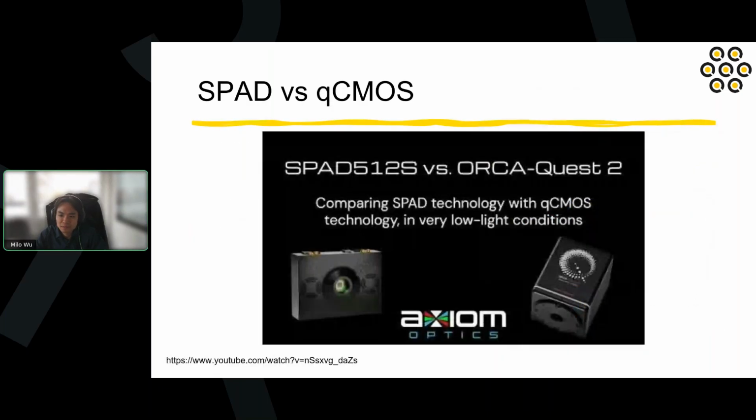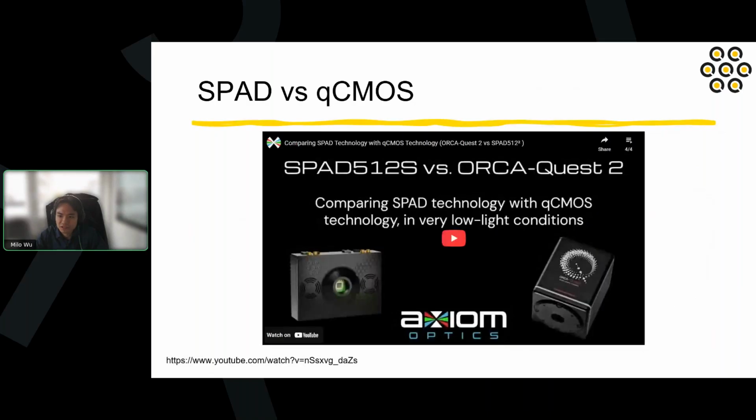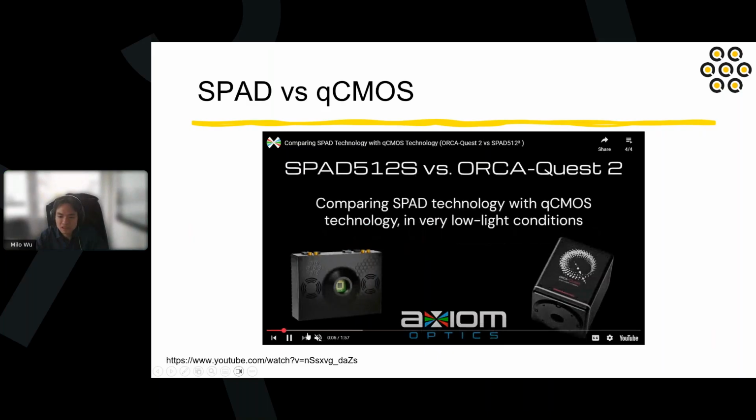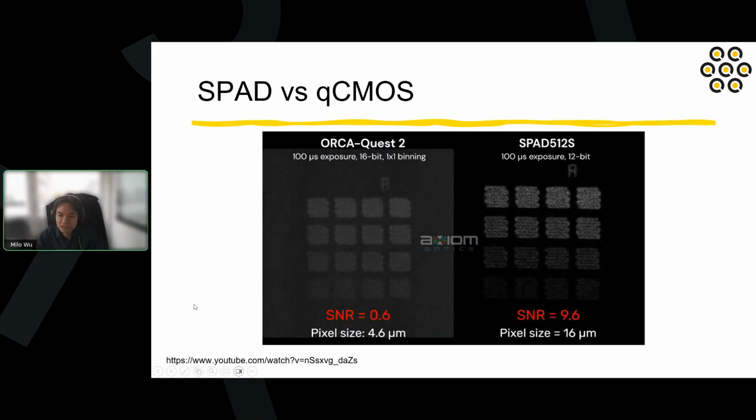So here's the comparison video of a SPAD versus Hamamatsu QCMOS done by a distributor in the US. They distribute both our SPAD camera and the QCMOS from Hamamatsu. You can see that without pixel binning, our signal to noise ratio is more than an order of magnitude higher than the QCMOS. But since they have a smaller pixel size, it's fair to have pixel binning for the comparison. So they start with a 2x2 pixel binning,